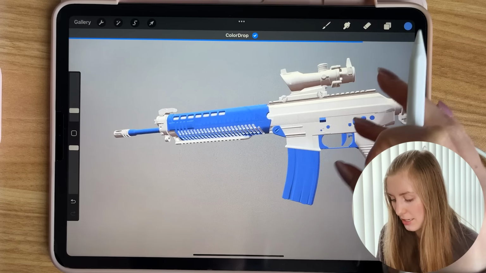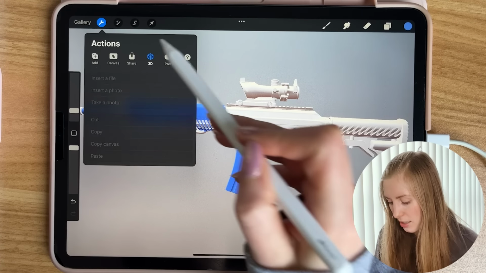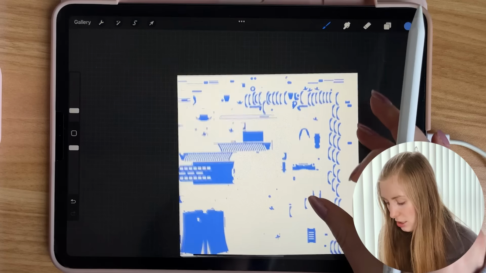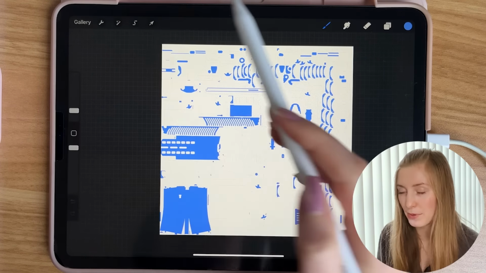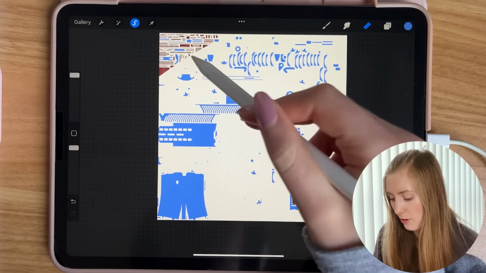Now when you go up to here and toggle the 3D icon and then toggle on show 2D texture, you can now see the entire UV map. And now you're going to go to selection and hit automatic and just select all the areas that are colored. Now you're going to invert the selection and grab your eraser and erase everything in